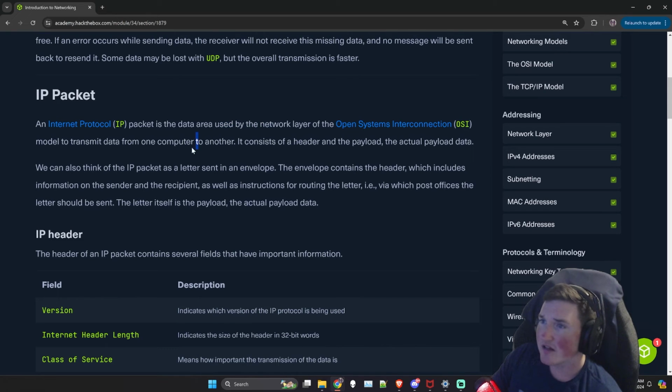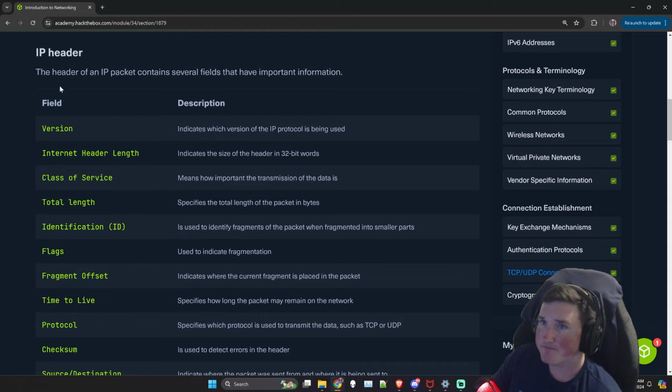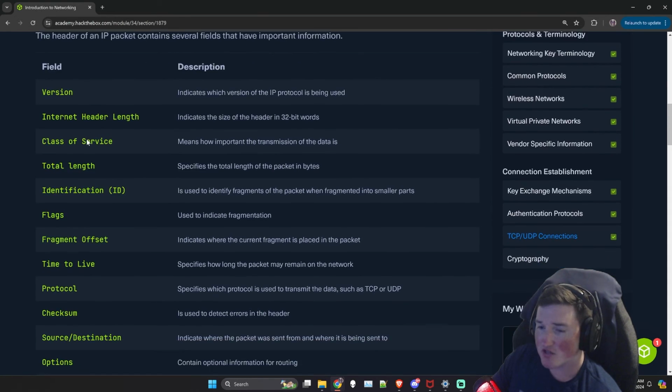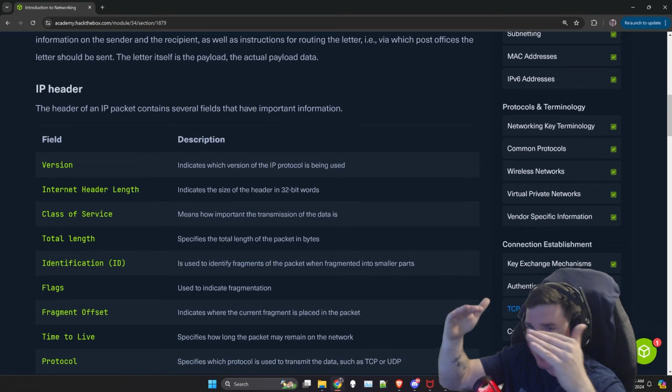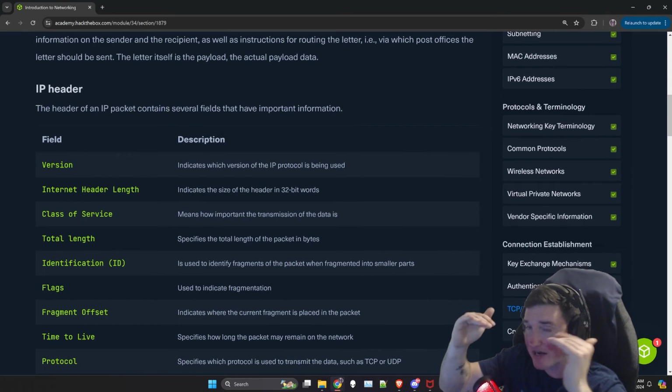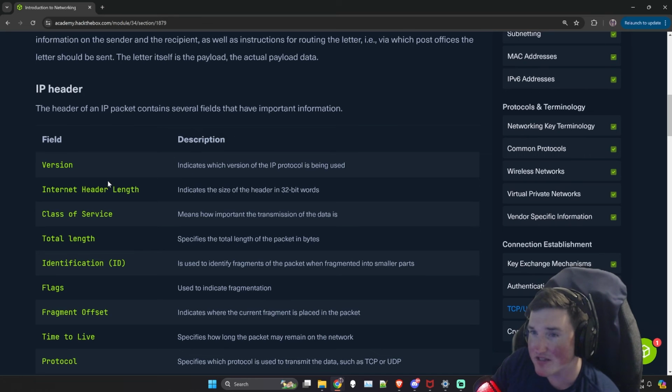You can see, if we go down here, this is what the header of the IP packet contains, okay? So this is something you will need to see, and I wish they would, let's see if they have a picture. They don't have the picture of it, but there's a picture that shows the actual header, kind of like the way they did with the frames, and that's a little easier to see in my opinion. But so this is what's going to be in the header of the packet, right? The version: which version of IP protocol are they using? The internet header length. So how long is this header that I expect? Because should I wait a while to see if I'm going to get the rest of it?